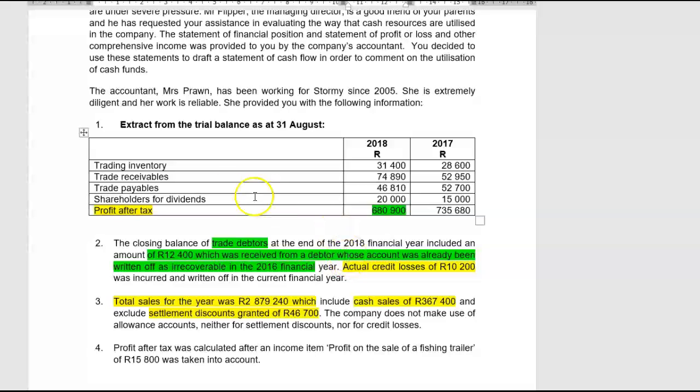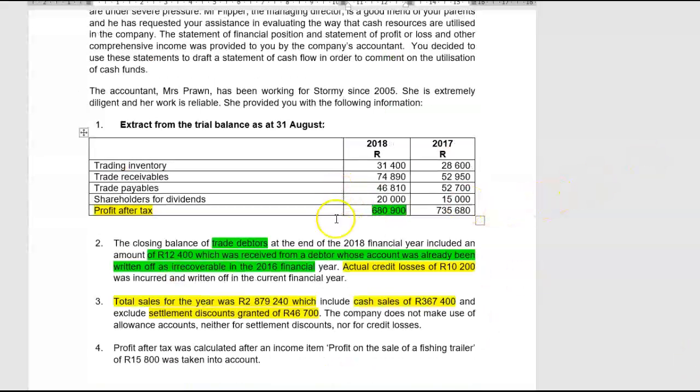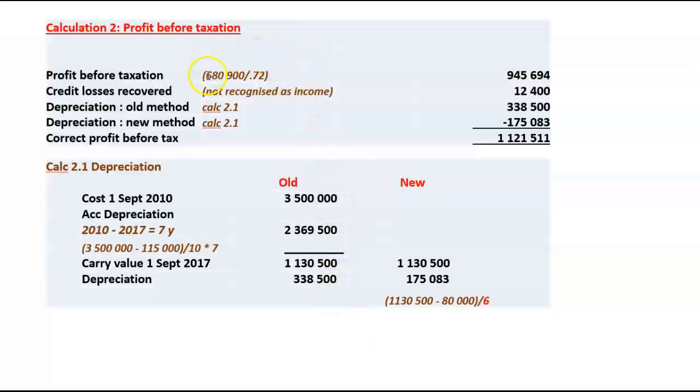680,900 that we have there equals profit after tax. Profit before tax as in the books at that stage, with the old depreciation charge included, multiplied by 72%, 28% tax. So we would have deducted 28% tax from profit before tax in order to derive a profit after tax. So if I want to convert that profit after tax into a pre-tax figure, I'm going to divide it by 72%, and that will give us profit before taxation and adjustment entries for the depreciation of